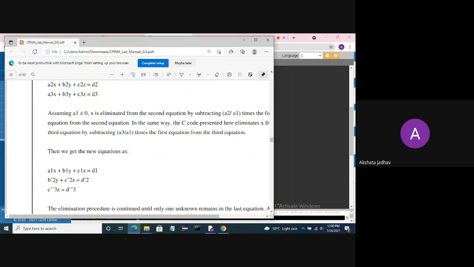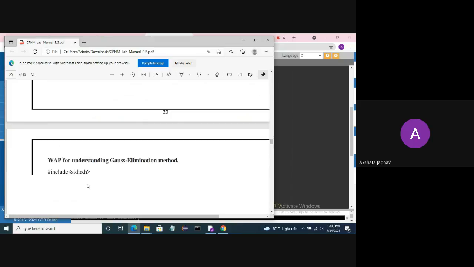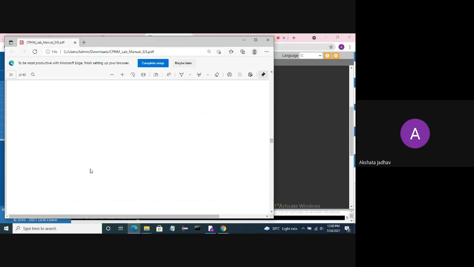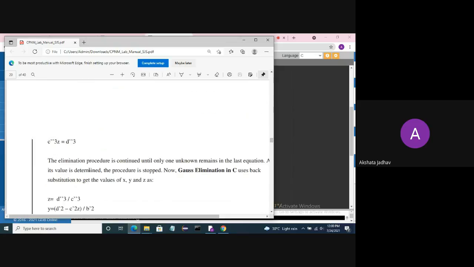Then what will be our output equation? a1x plus b1y plus c1, and b2y plus c2z. And then we will get our three equations x, y, z.